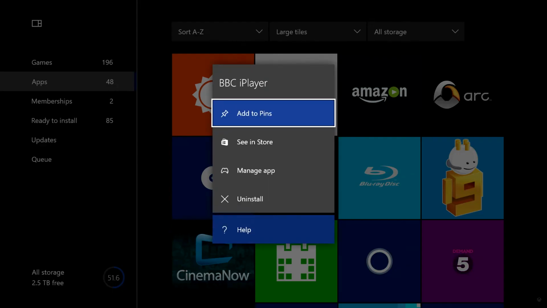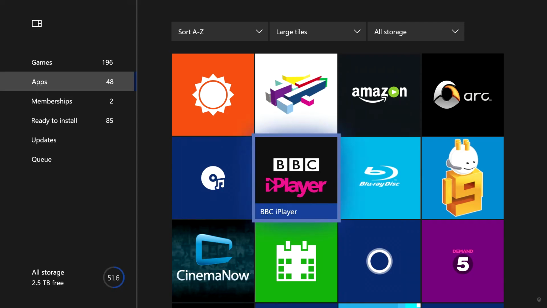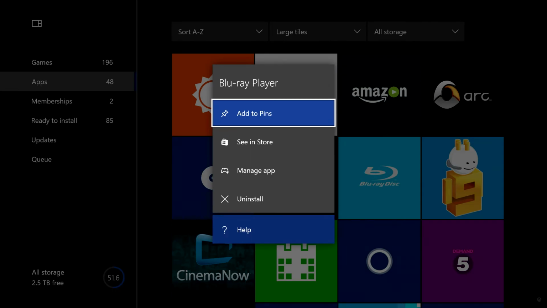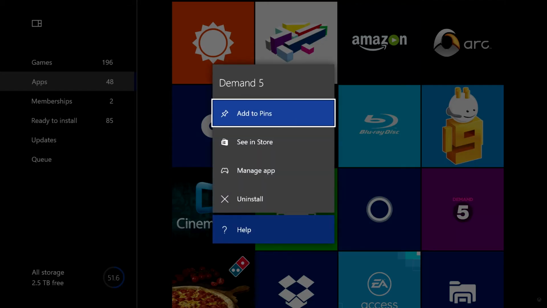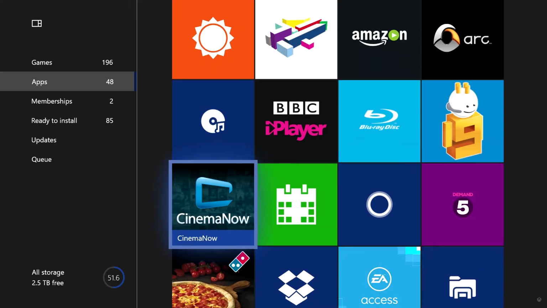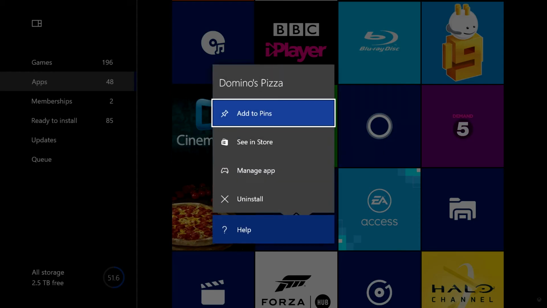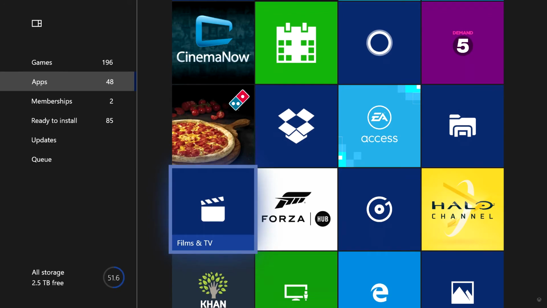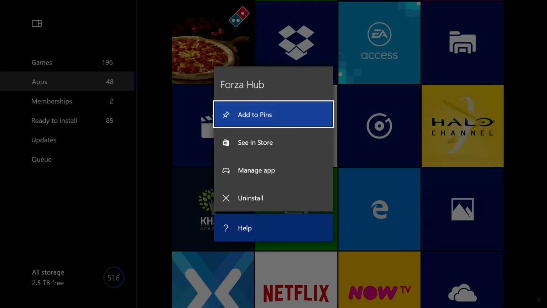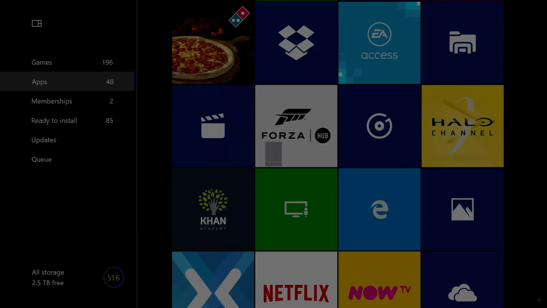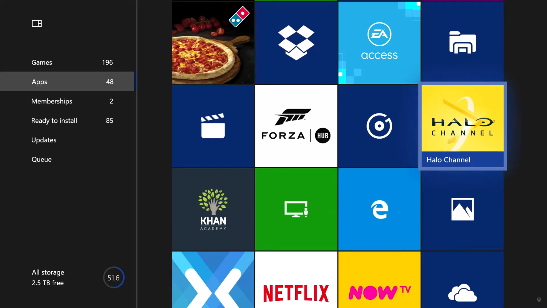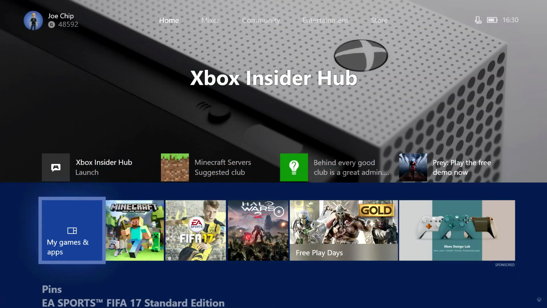iPlayer? Nope. Blu-ray disc maybe? Nope. 5 demand? Nope. Dominoes? Nope. Let's try one of the hubs. No. Not the Halo channel either. No. Basically, none of your apps can be added to the home screen, which frankly I find rather bizarre, because